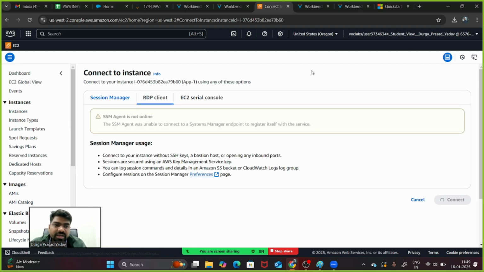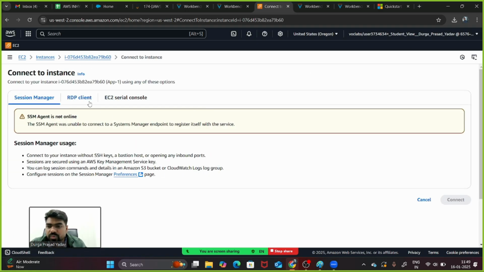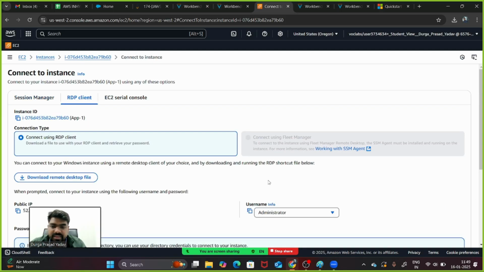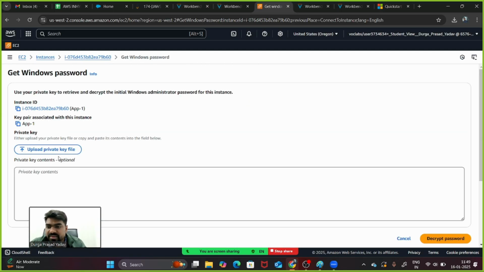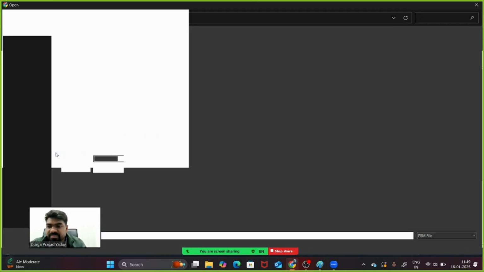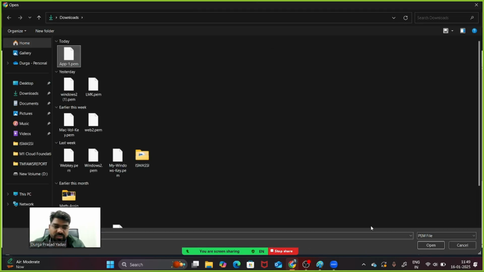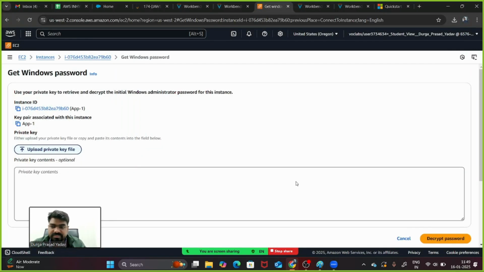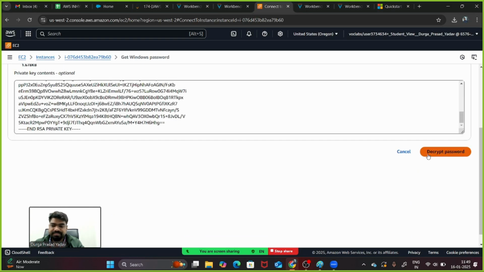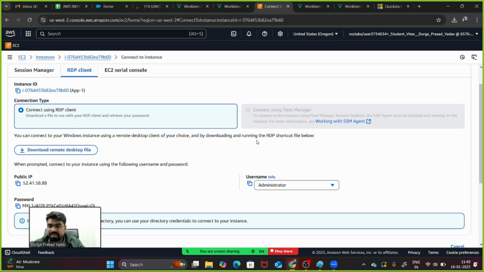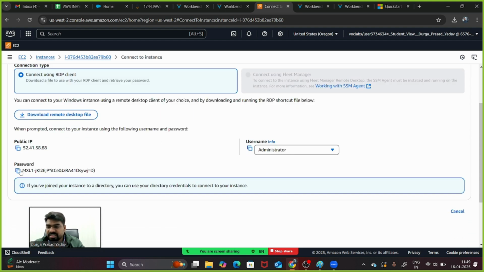We'll click on connect and we'll go to RDP client and we will upload the key pair and we'll decrypt the password. App1 will open and we will decrypt the password now. After decrypting the password, we can just copy this password and download the remote desktop file.